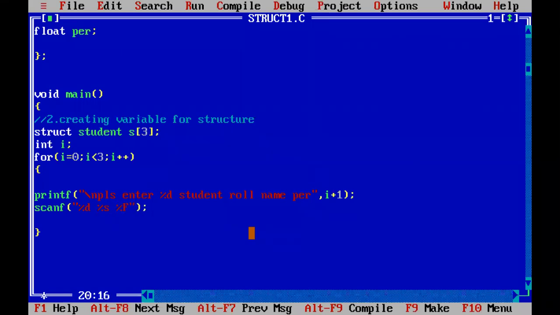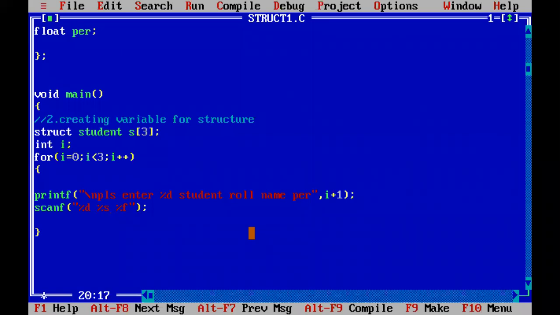Floating point will be captured with %f. So the first student roll number is captured with %d, name with %s, and percentage with %f for the first repetition.